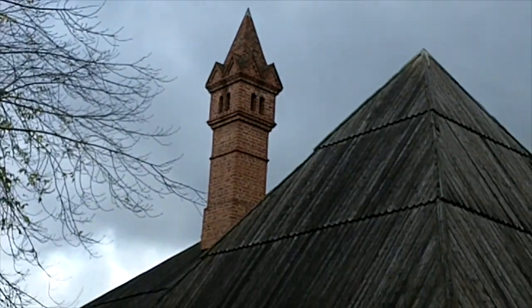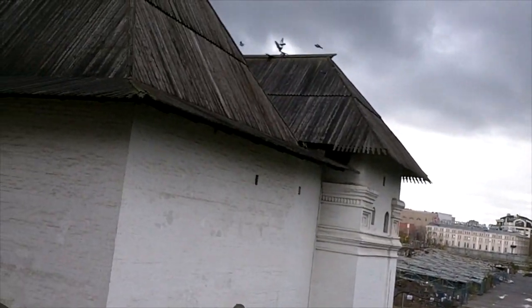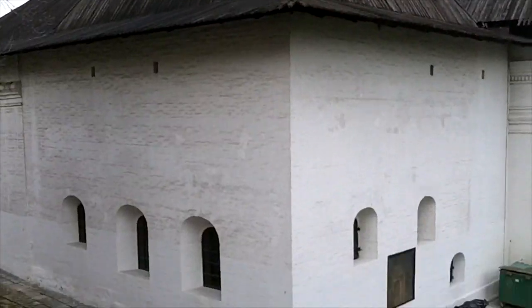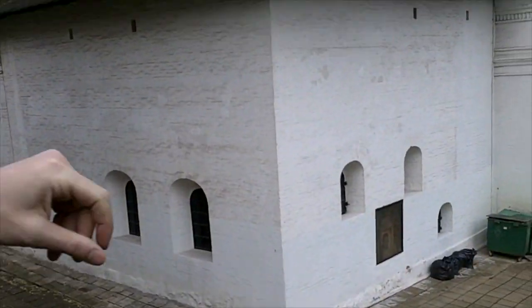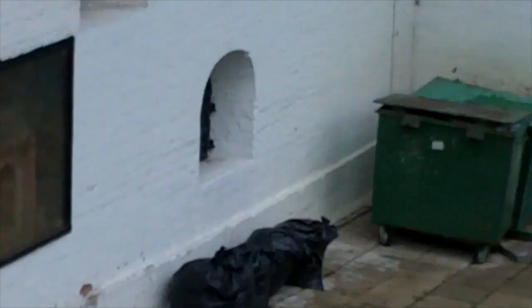This is the English Court. It's the first embassy in Russia for England. It's got wooden roofs and a white building, and that's where they lived. And as you can see, they got old-fashioned wheelie bins from the 15th century or wherever. It was the 16th century. And that tower there is where they used to